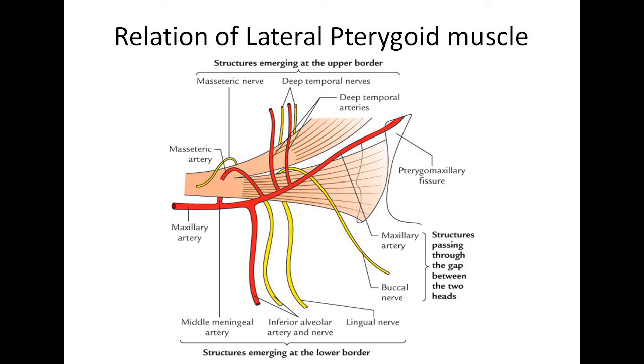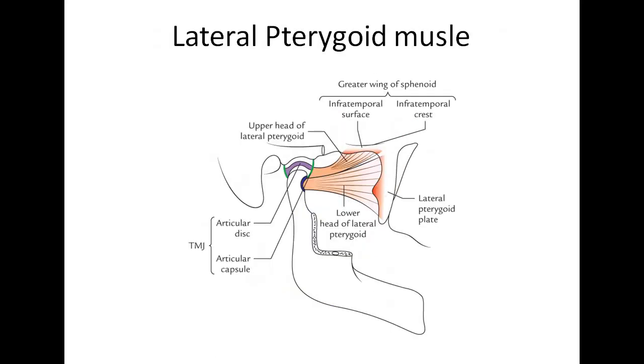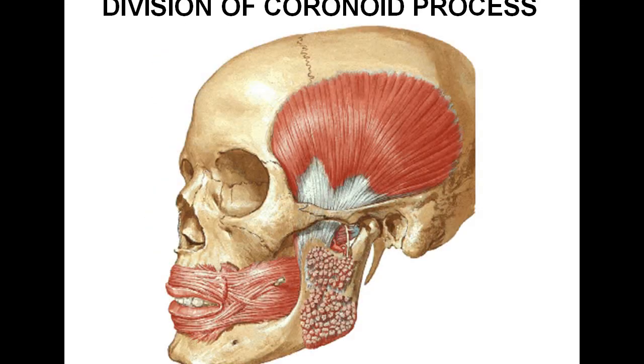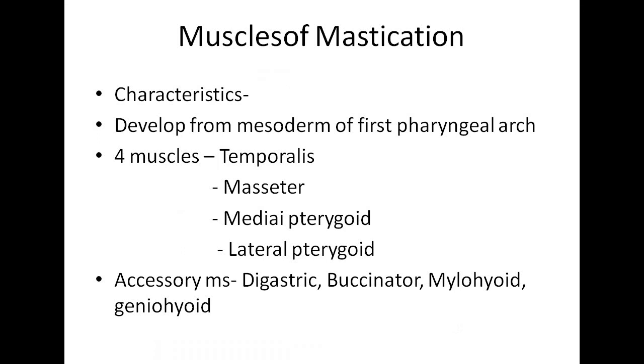So these are the four principal muscles of the mastication: the temporalis, masseter, medial pterygoid, and the lateral pterygoid muscle. In the depression movement, the accessory muscles, the suprahyoid muscles, can help the mandible, and these are the digastric, buccinator, mylohyoid, and the geniohyoid. What are the movements possible that we have seen? So these are the points to